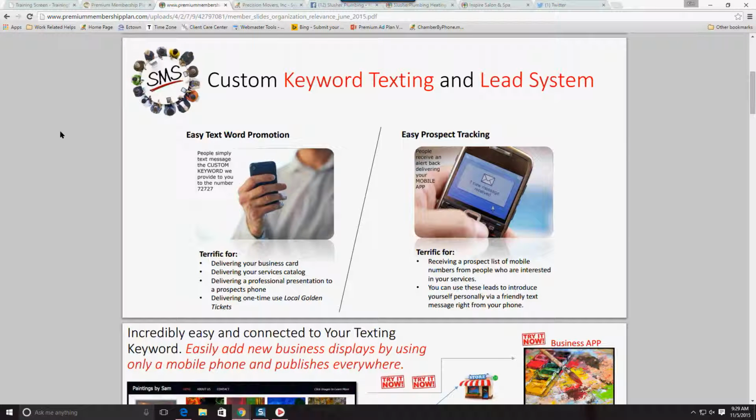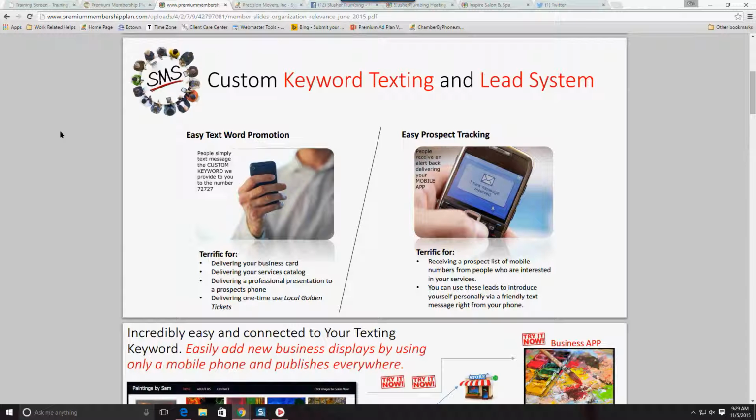Because, for instance, like for myself, in my family, we all are underneath my plan and under my name. And so if my son was to text your word, you would get my name. So it's not going to give you the information of the person's name. It will actually give you the actual phone number that tried to text your word, that tried to retrieve your information. And from there, you can use it any way you want to.